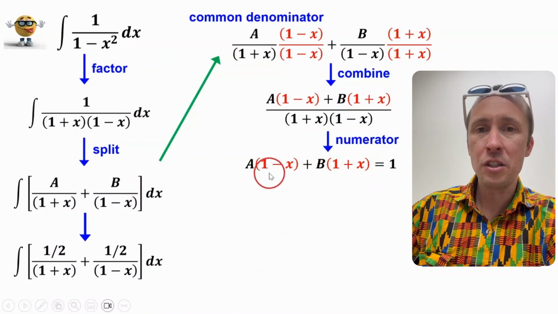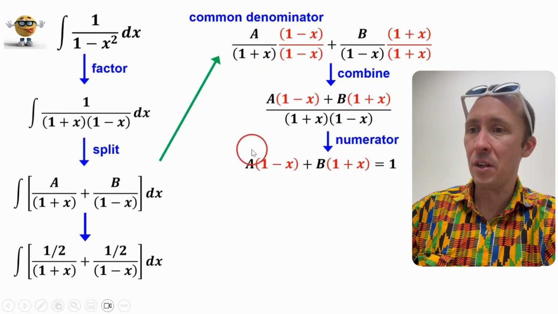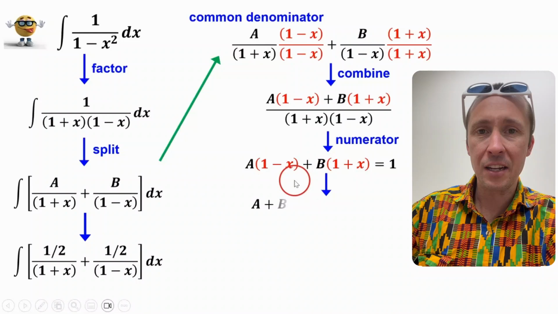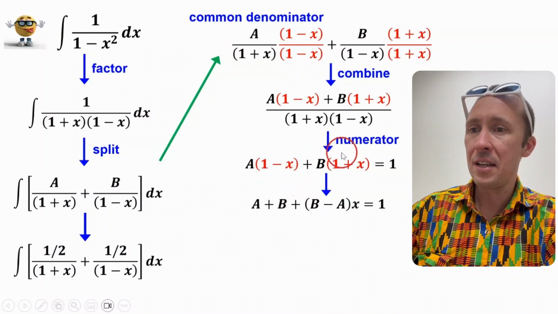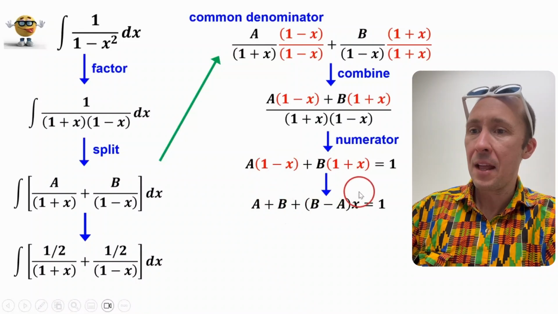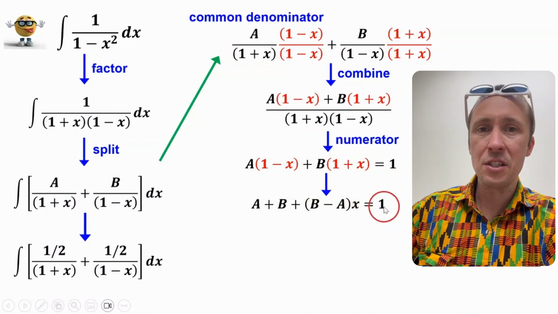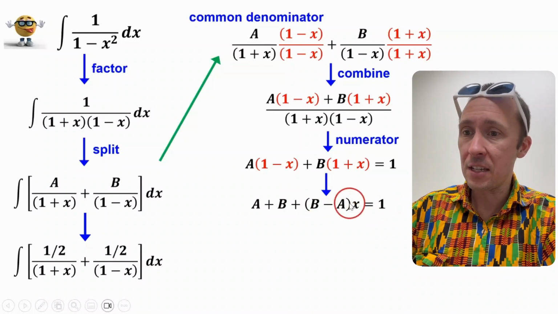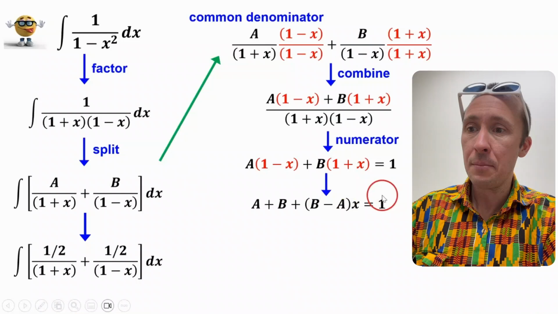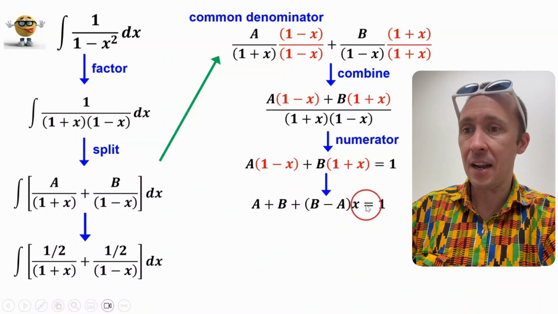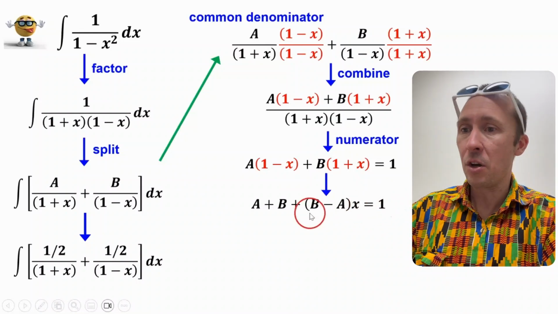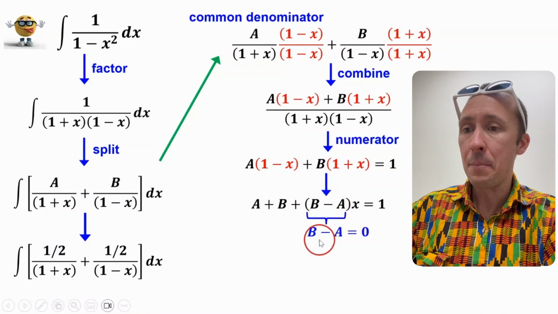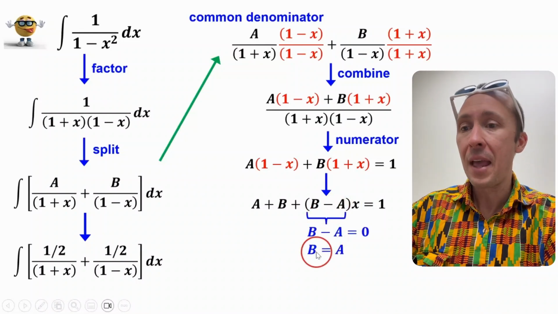So we're going to do two mathematical steps here. We'll distribute the a and the b in here and then collect like terms. So if you distribute into the brackets and collect like terms, we're left with this part right here. Now you see the right-hand side is just a 1. There's no x on the right-hand side. Therefore, this term has to be 0, because there's no x on the right-hand side, and this equation has to be equal. So since this has to be 0, b minus a has to equal 0,